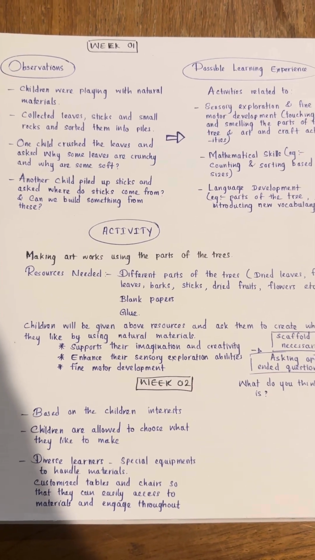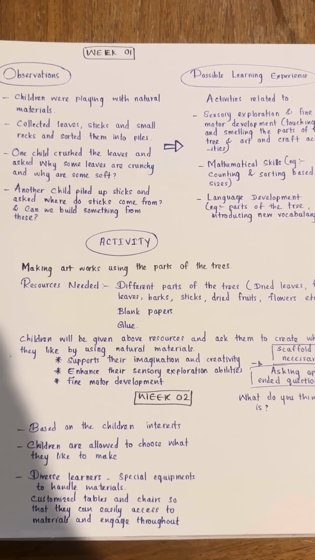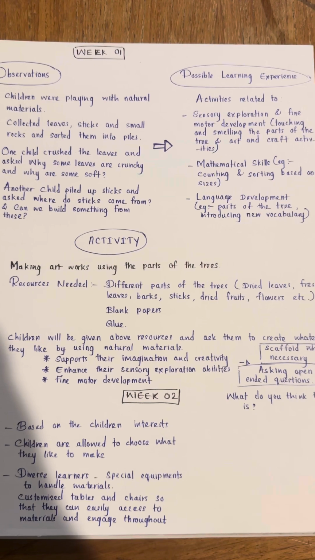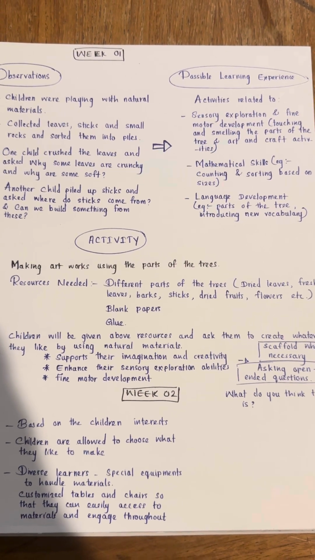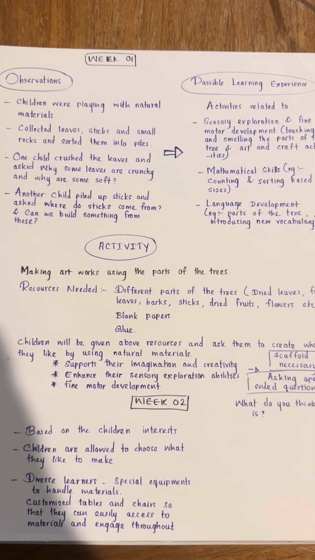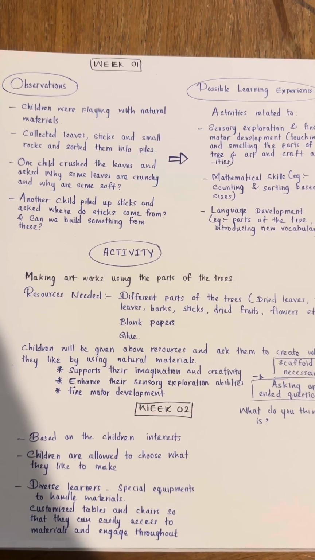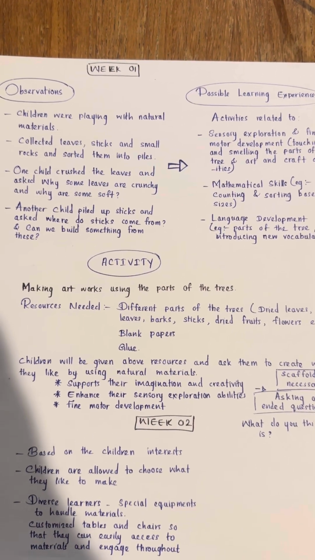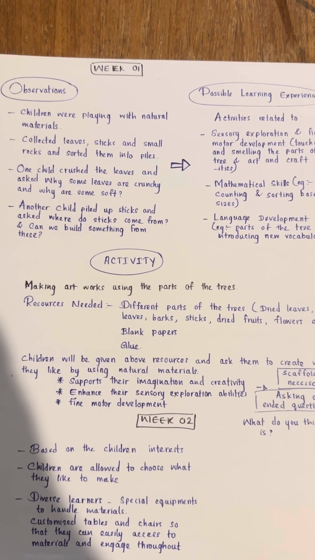Also, they asked questions like where do the sticks come from. This observation opened up different learning possibilities. Basically, the activities related to sensory exploration and fine motor development. For example, we can let them touch and smell the parts of the trees and use them for art and